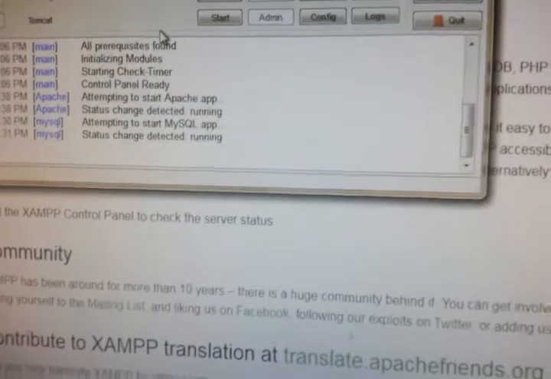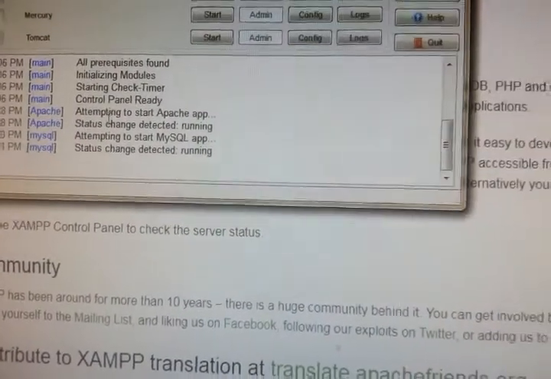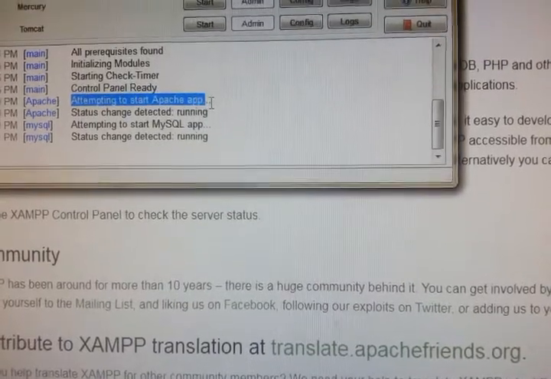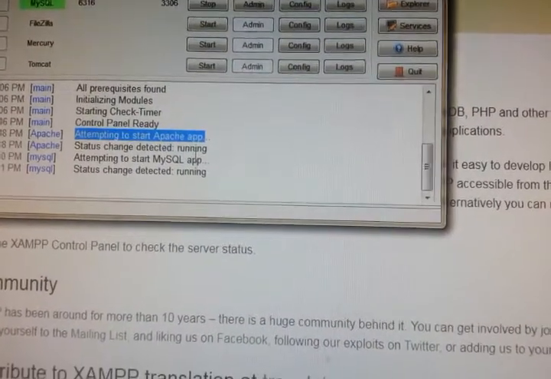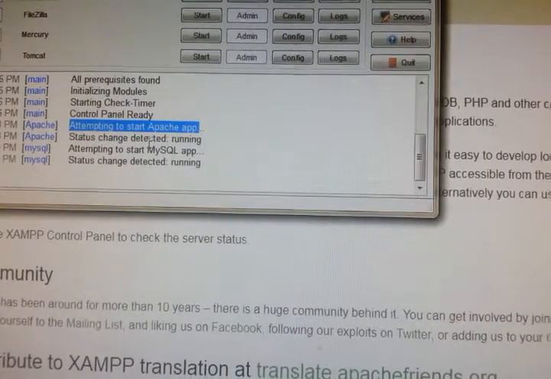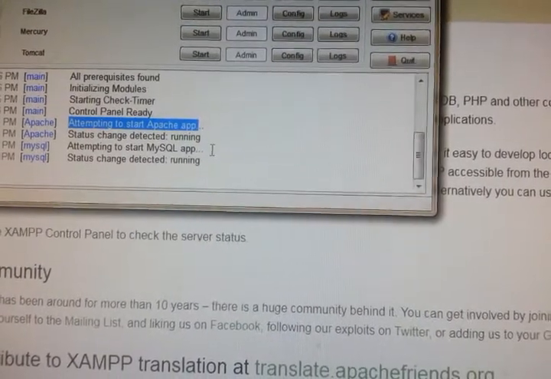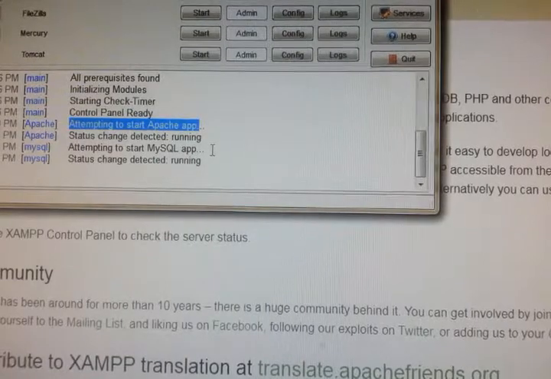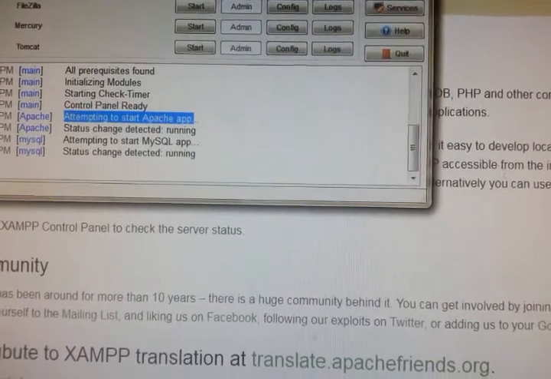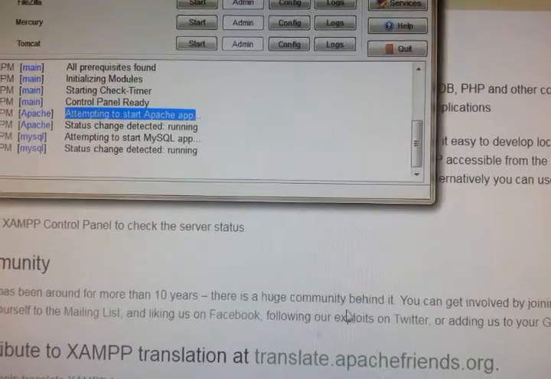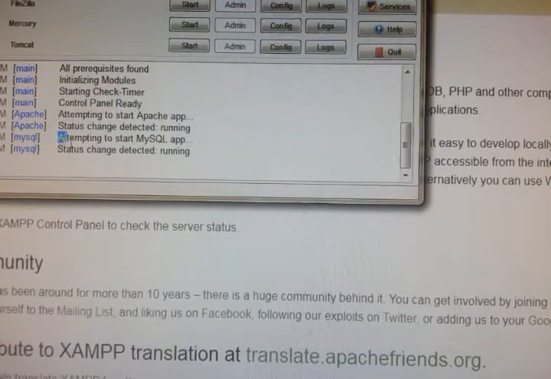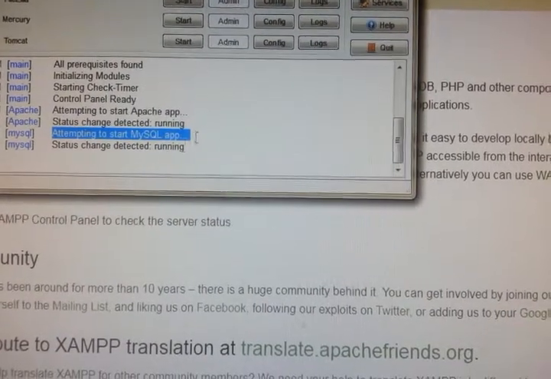So if you see these messages below here, first I have clicked Apache, so it said attempting to start Apache app and status change detected, running. So my Apache is running. When I typed localhost in the browser, I got the ready page. And then I clicked MySQL, attempting to start MySQL app.